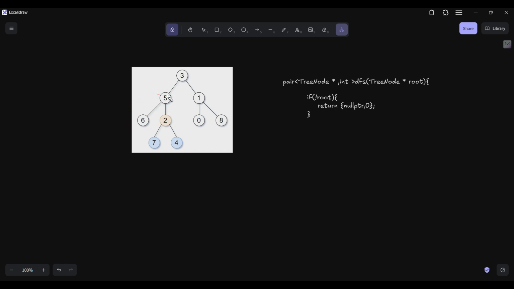Okay, then we will compare their both depth. So if we assume the left node's depth is greater, then we will simply add 1 to the depth, and if right is greater, then we will add 1 to the right depth. And whenever the depth of right and left is equal, okay,